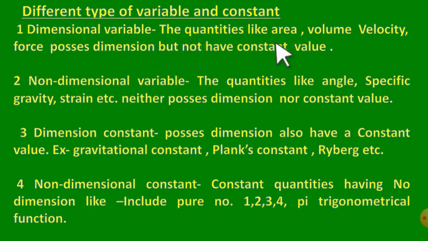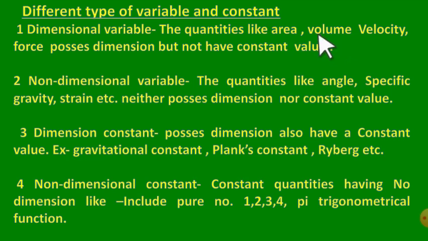Like area, volume, velocity, force. It can change its value, and at the same time it has its own dimension. Dimension means your units. Area, we express the SI unit in terms of meter square. The area of a given surface and that of another will be different. The volume of one object and the volume of another object will be different, but it has